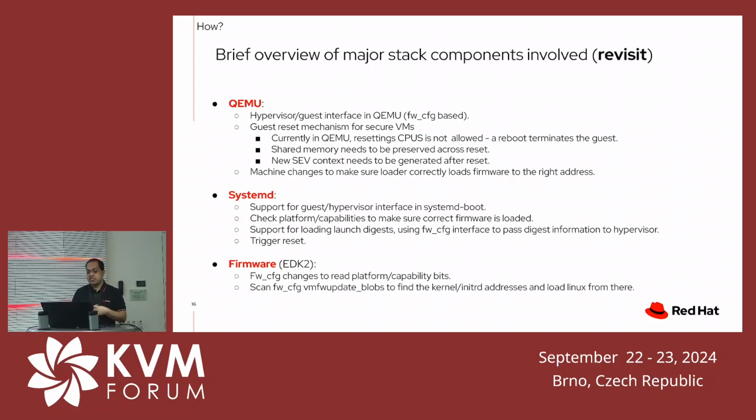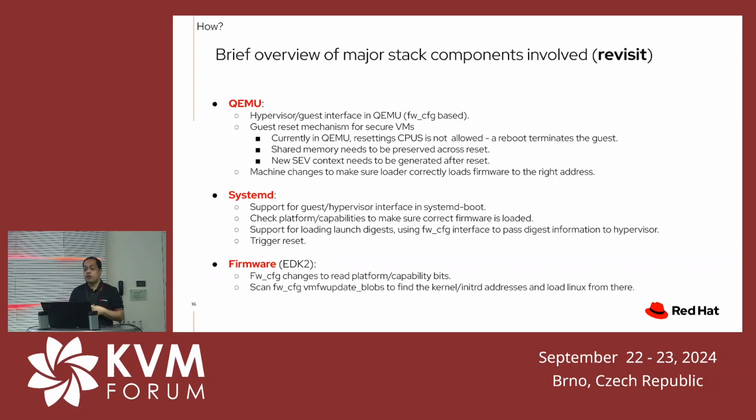The systemd changes are mostly in systemd-boot, and the UKI changes are also necessary there to be able to parse the firmware config and then provide these addresses and lengths of these blobs and mappings. And also there are EDK2 changes, where there is a provision for EDK2 to